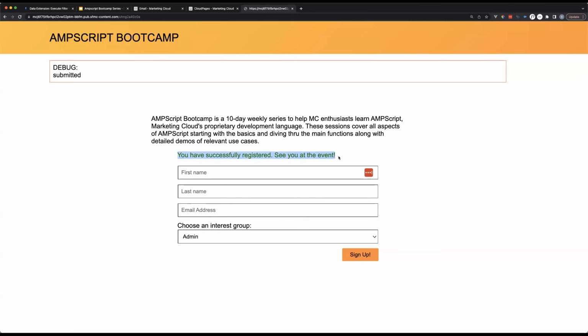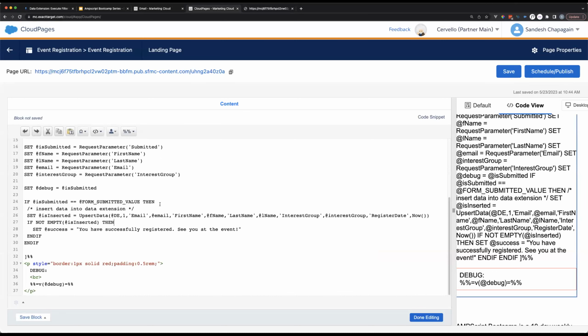Because we didn't really let them know that the record was updated. In order to fix that, we need to actually use update data. But to use update data, we need to first check if that record exists. And we already learned this function last week, which is just plain simple lookup.